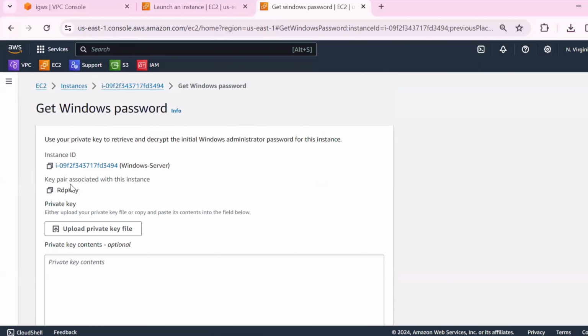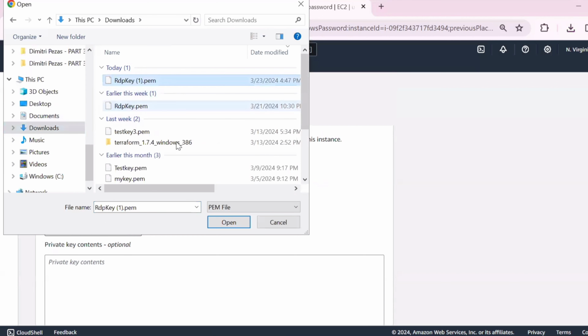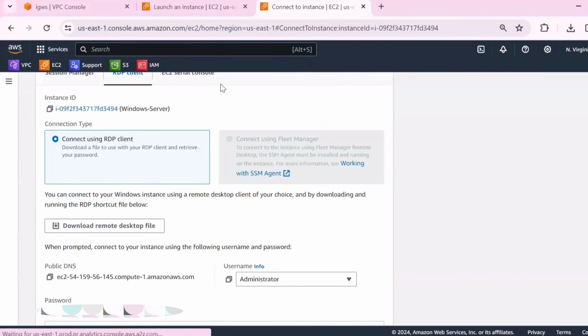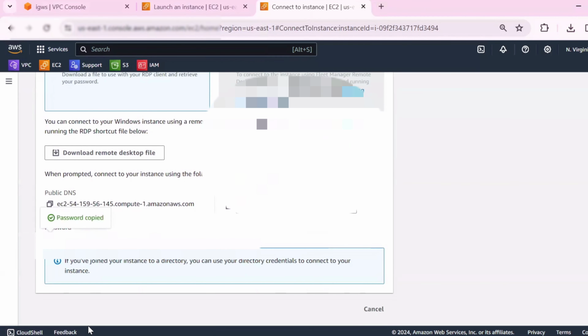They are saying upload the private key, or else you can copy and paste it here. Anything is fine. I'm just uploading my private key. Yeah, decrypt the password. It will generate one password here. Just save it somewhere.